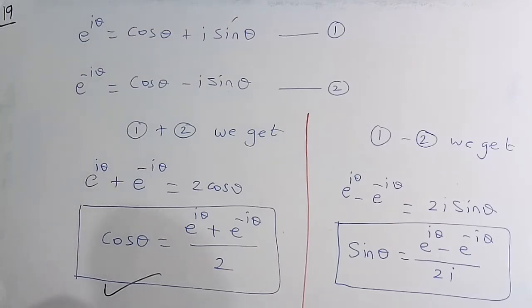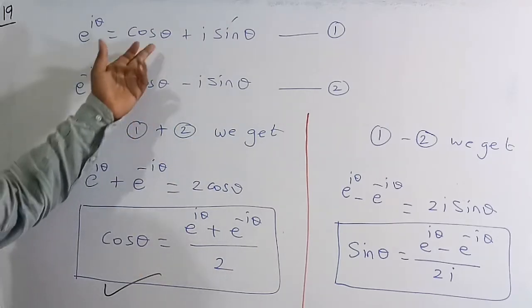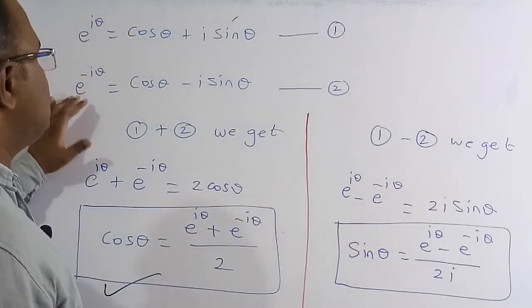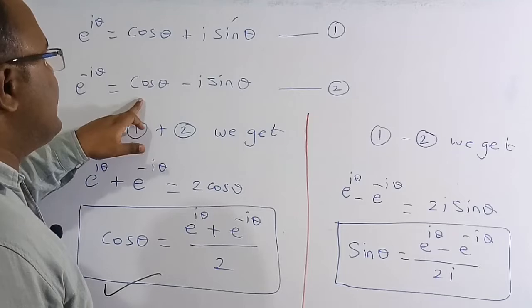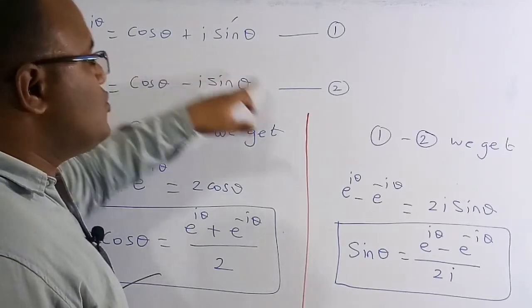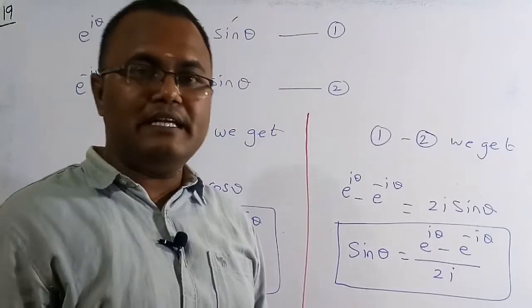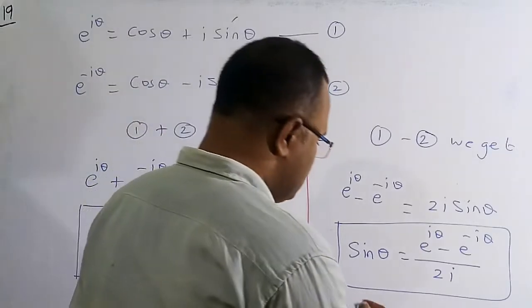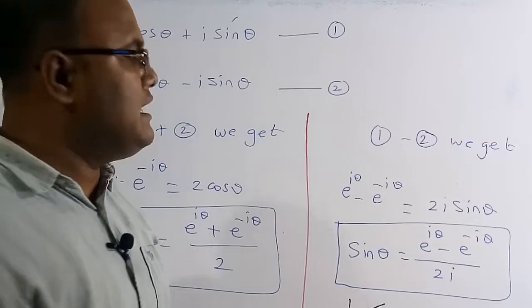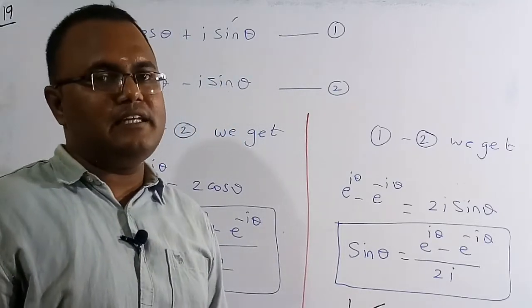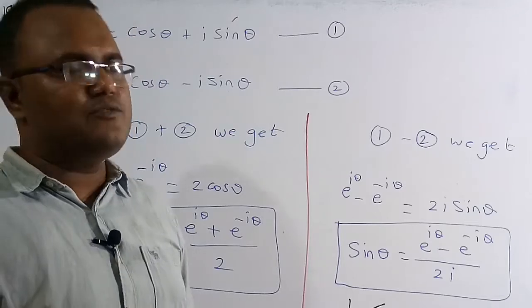Sometimes they may ask what is the value of sin theta, meaning you have to go for the subtraction of equation 1 and equation 2. Then we get e to the power of i theta minus e to the power of minus i theta. These two are going to get cancelled. Now this will become 2i sin theta. So therefore sin theta is equal to (e to the power of i theta minus e to the power of minus i theta) by 2i. So this is the sin theta expression. There is a high chance in the next PSU examinations they can ask the value of sin theta. Basically these two are very easy questions.